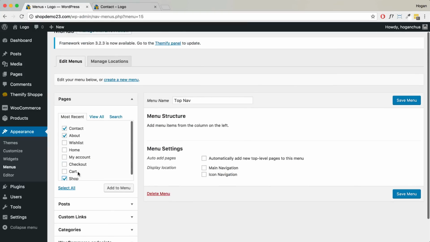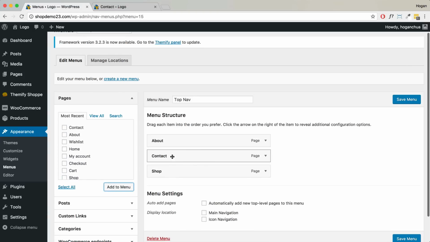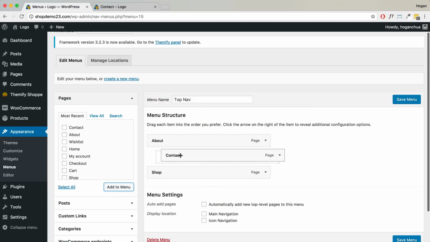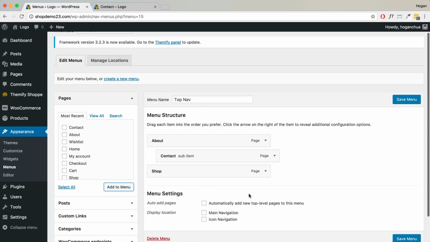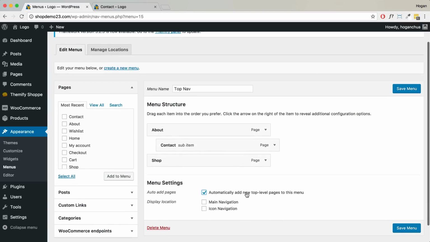Okay, so I'm going to add those 3 pages to the menu, and you can rearrange it just by dragging and dropping. And then you can also make sure that it is a drop down menu if you pull it in like that. So okay, I'm going to show you an example. Select this if you want to add new pages directly to this menu. When you add new pages, that's optional. Okay, for the display location you have to set it to the main navigation though. So if you click on save menu,